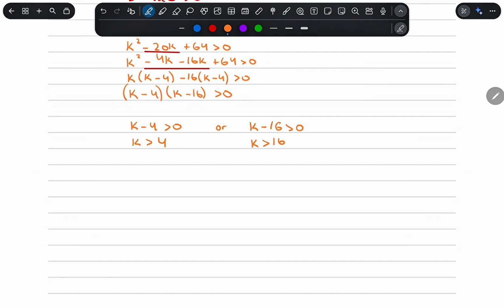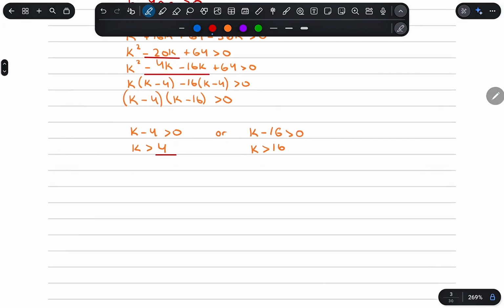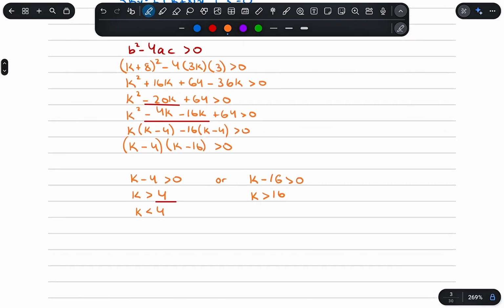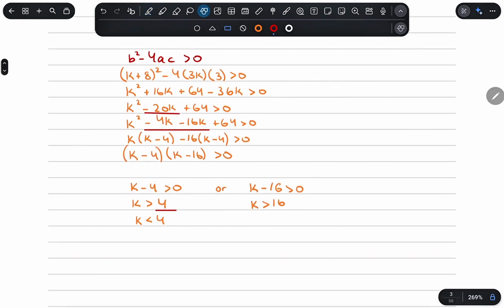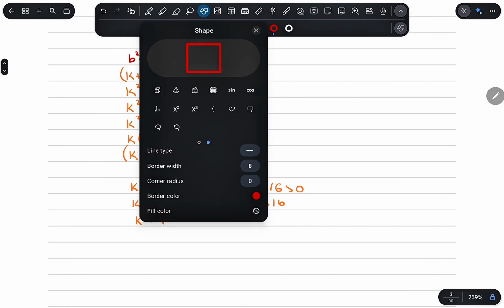And we can apply the shortcut by flipping the greater than sign of the smaller value. So in this case, the smaller value is 4, so we can just flip it to have our final answer. This is just a shortcut that works for every single discriminant question, and we can obviously check it by using the graph. So if we make a graph,